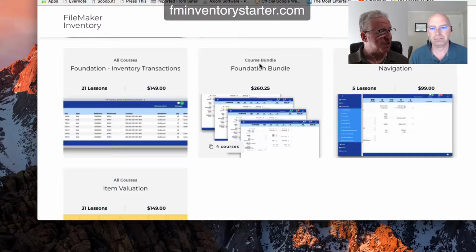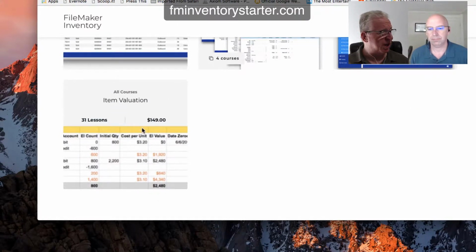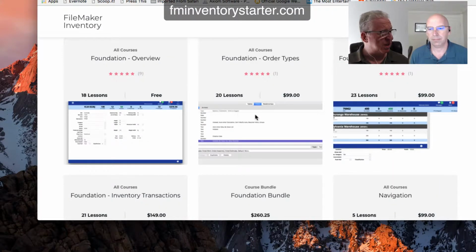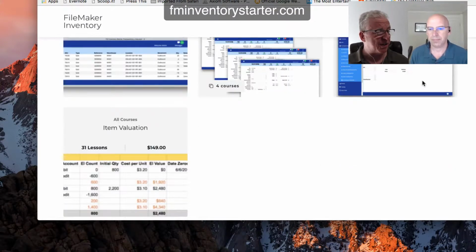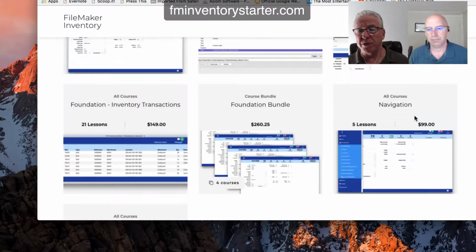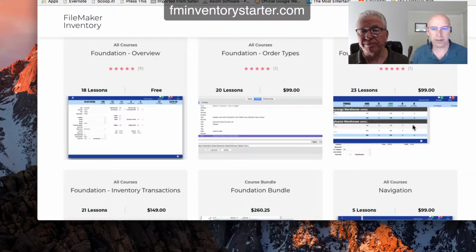So you've got your foundation bundle. You have the foundation, inventory transactions, navigation, item valuation. That's what we were talking about a moment ago. Overviews, order types. I mean, there's a lot of stuff in here, and I think you have more in the pipeline, don't you? I do have more in the pipeline, and I really want to make this site more of